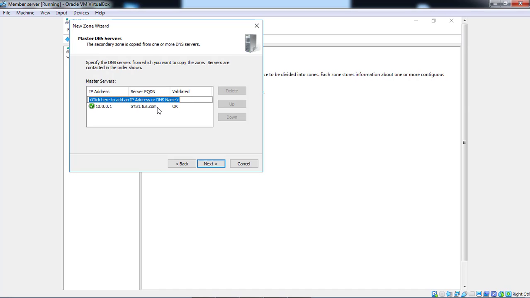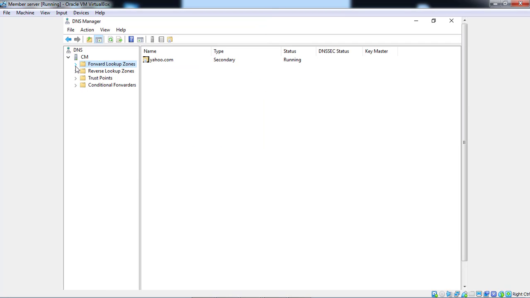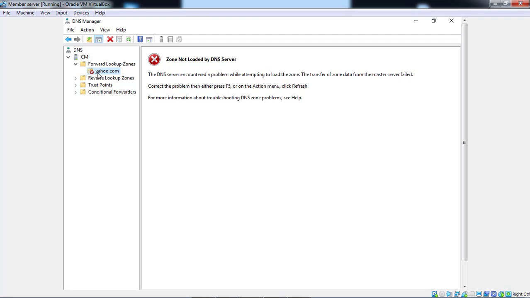You can see the system or computer name is already detected. Now click on next, finish. Now the information is not here yet, but we have to check this information. We have to first click allow. We have to configure the zone transfer method.